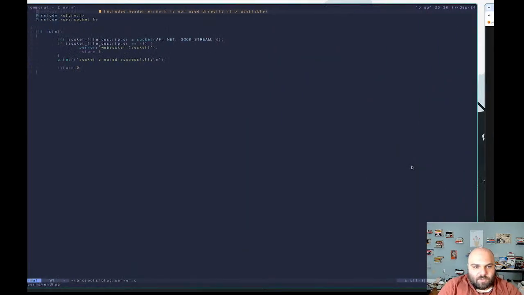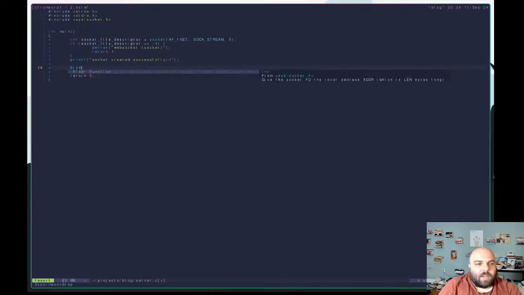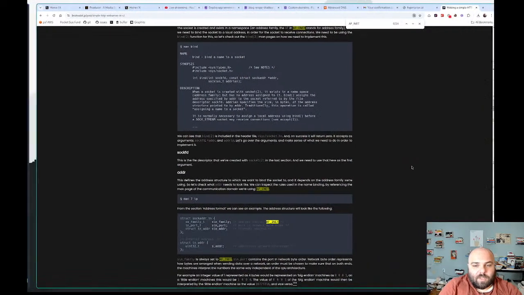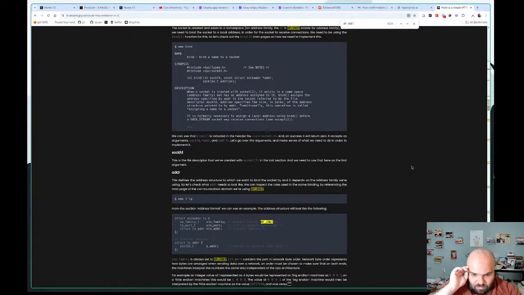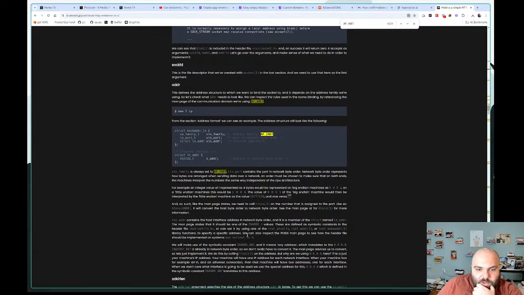Okay, so let's go back here real quick and say bind. So the first thing is going to be the socket file descriptor, and then okay, so as I said,